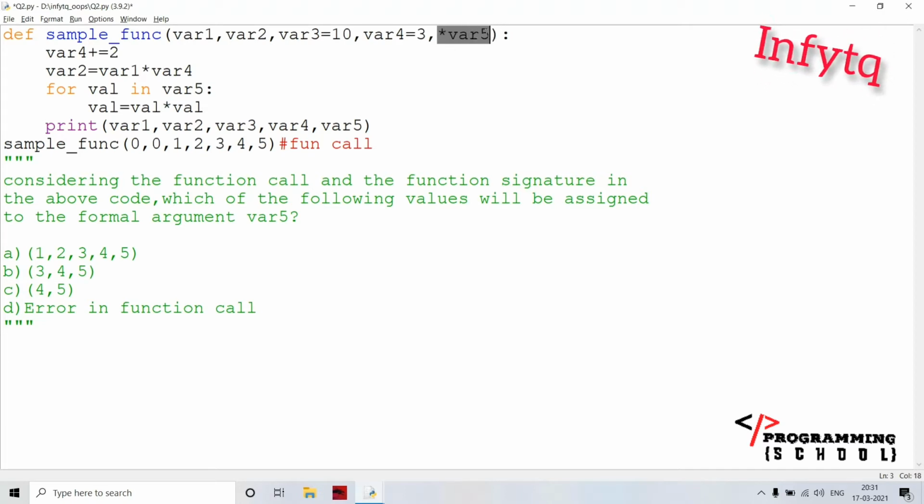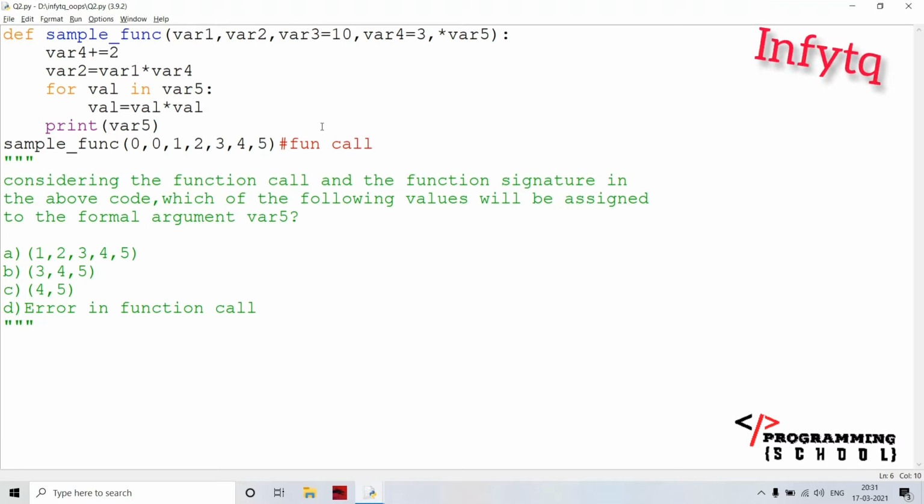If it is only var5, 3 is moving into var5, and then it is going to be an error here. The signature is not matching. But here I am going for star var5, then all the remaining values are assigned to var5 only.